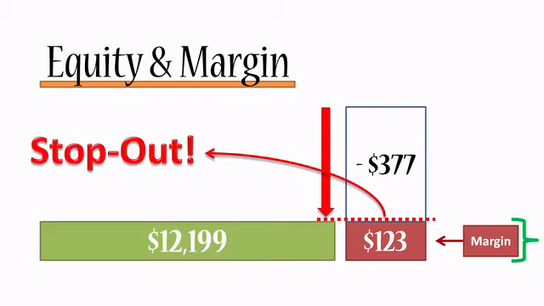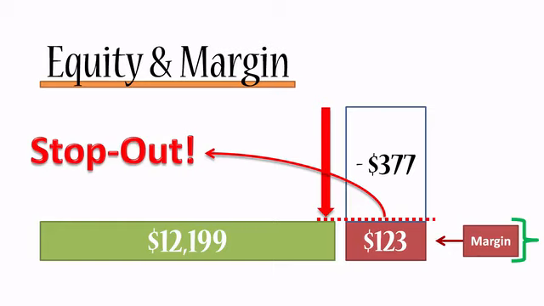So a stop out is when the broker sees that you have lost quite a lot of funds and you don't have any free margin left, and in that case the broker will automatically close your position, and this loss will become a realized loss, and that way they will be able to pull out of this position. So because they lent you some money, now they see that the position has gone against you. They don't want to lose any of the money that they lent you, so they're just going to close your position and pull out their $12,199.